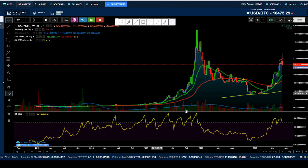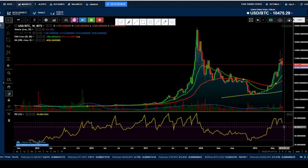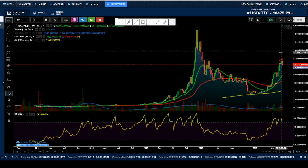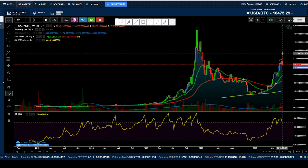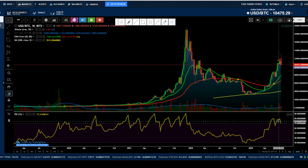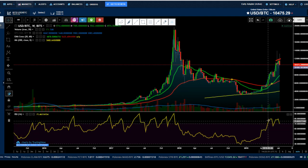Now, let's jump in. We are looking at the Relative Strength Index and the weekly candles of Bitcoin. The first big weekly wick here, we were figuring that was going to be a reversal wick, but not so fast. It had to do a double top, and it gave us a double reversal wick before things pulled back. And as we were watching the RSI and the weekly build up,